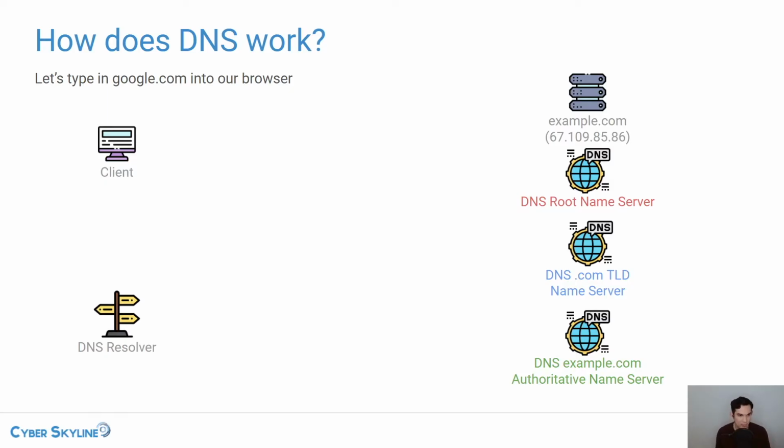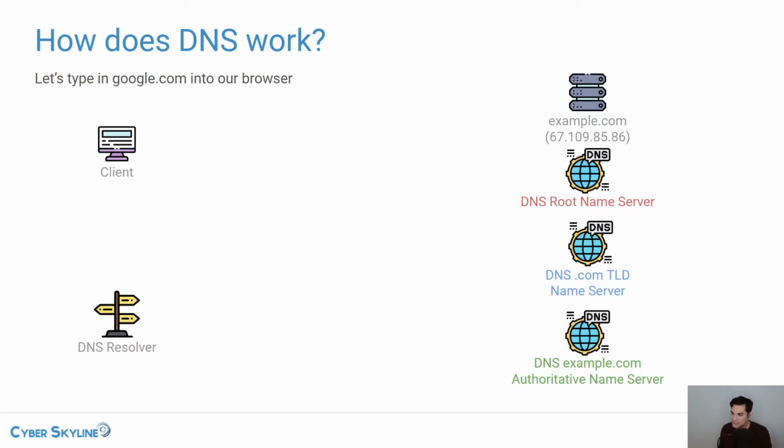And below that website, you see the DNS root name server, the DNS .com TLD name server, and then the example.com authoritative name server. Basically, the way that the system works for DNS is that it is distributed. There are many, many different servers on the internet that contain information which will help any individual using the DNS system identify what the IP address should be for a domain. But they split up their responsibilities. And so these root name servers, these are the very top of the food chain.